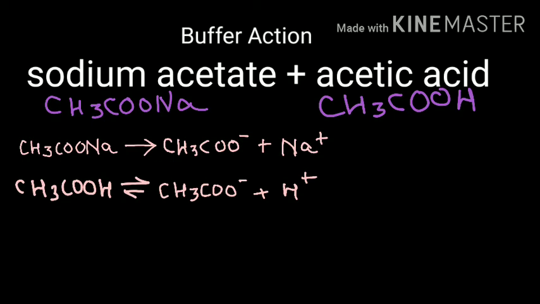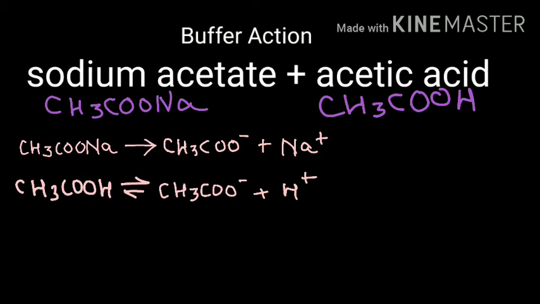And how do we define a weak electrolyte? Out of 100, only one or two molecules or 5 to 6 molecules will dissociate. Here, sodium acetate is a strong electrolyte. So, if there are 100 molecules of sodium acetate, then all the 100 molecules will undergo dissociation. And when you say weak electrolyte, if there are 100 molecules, then only one or two are going to dissociate. The remaining 98 or 97 are going to remain undissociated.